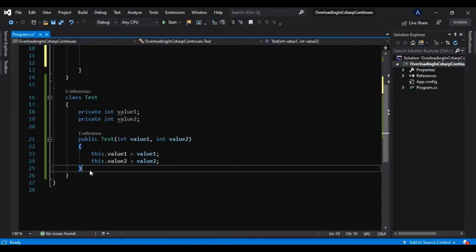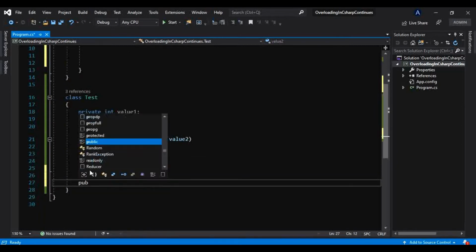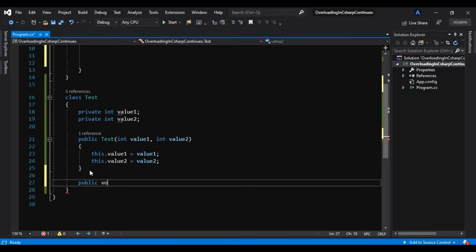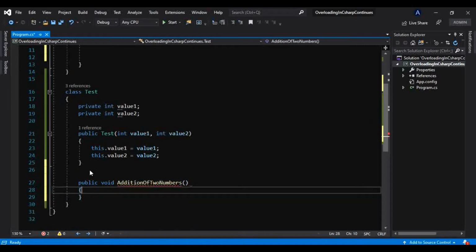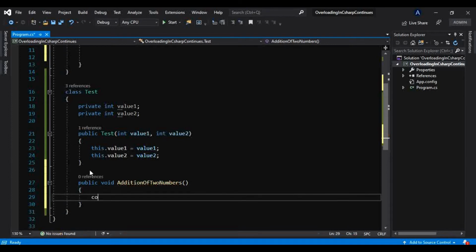For that, let's take another method here, public void addition of two numbers, and here we will print directly onto the console with Console.WriteLine.